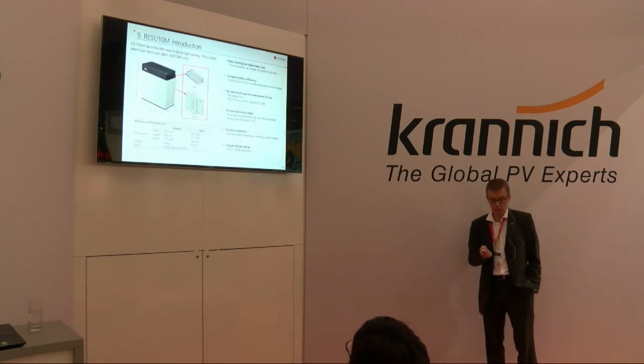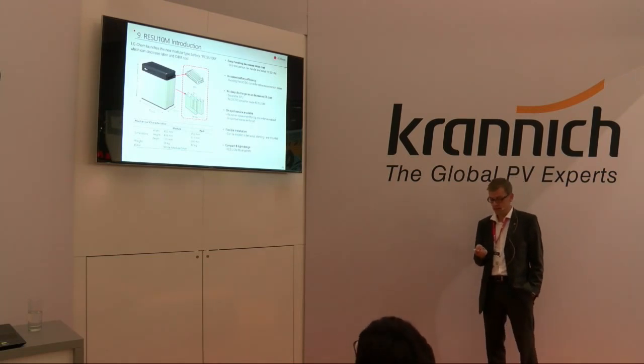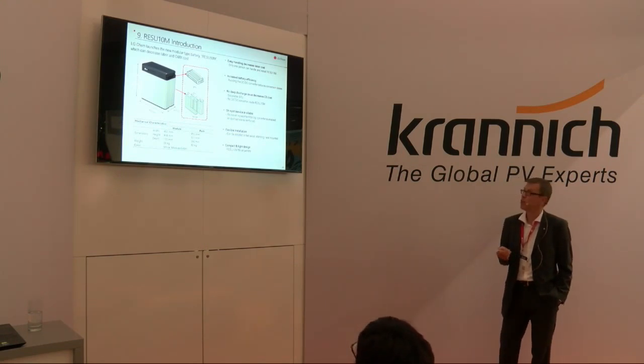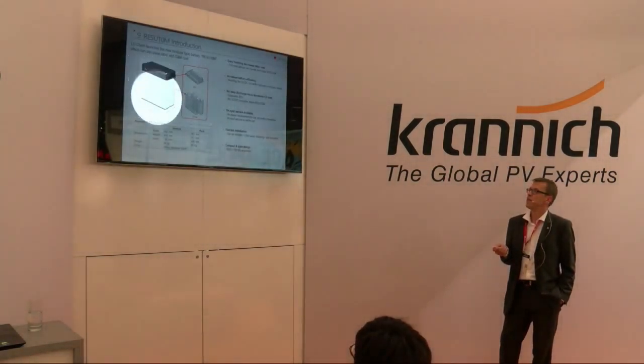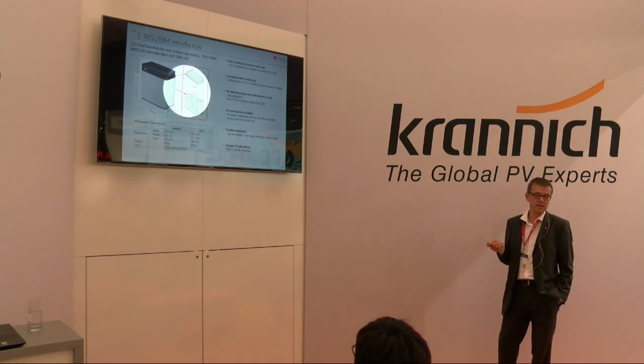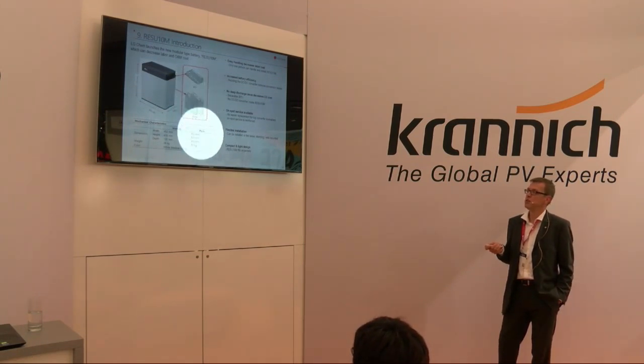It's only the backup mode. And I mentioned the weight of the battery before, because LG Chem offers a new product as of this year, which is the RESU 10M. M for modular technology. This means this battery is the same like a 10H battery, 10 kilowatt hours capacity, but shipped in 3 pieces, 2 battery modules and 1 BPU module, which need to be